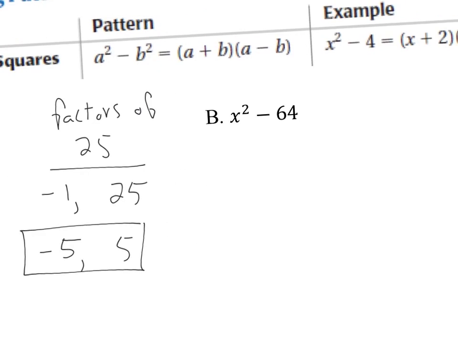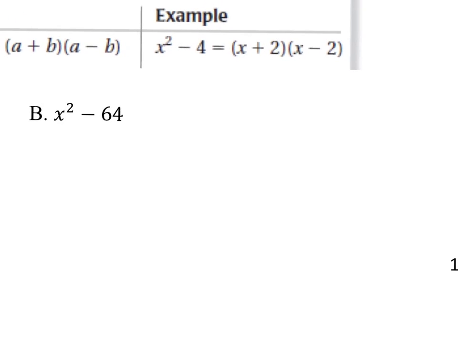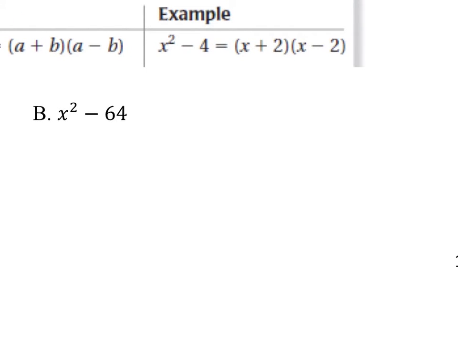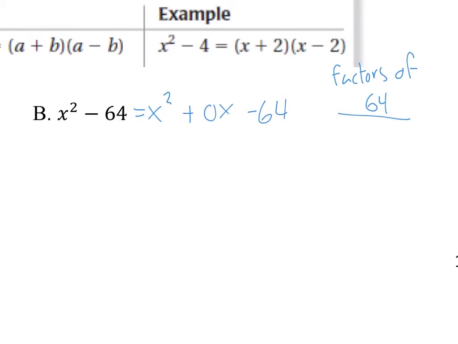All right, on to this next one. We're going to see something very, very similar here. In this one we have the same setup where I'm adding a 0, and now I want factors of 64. 64 is a little bit more complex when we get to making our list, but check this out. We got 1 and 64, we have 2 and 32, we have, let's see, 3 doesn't go into 64,